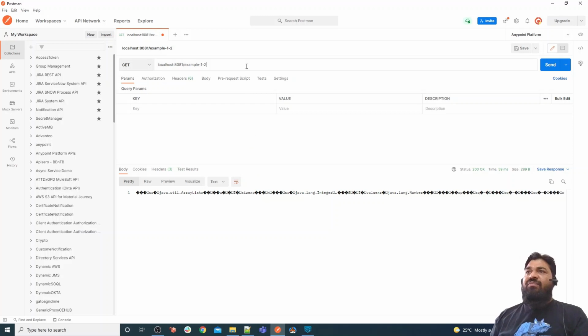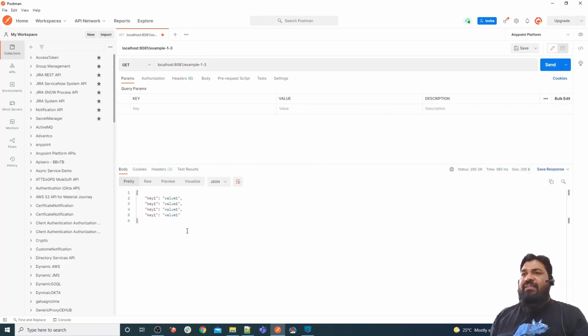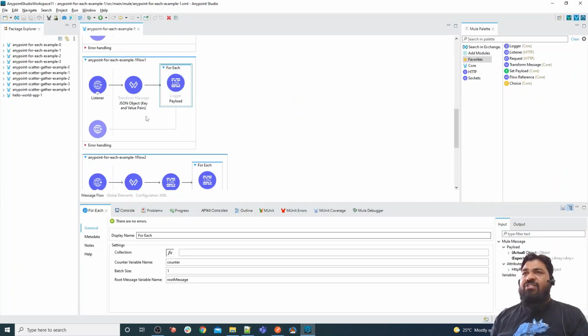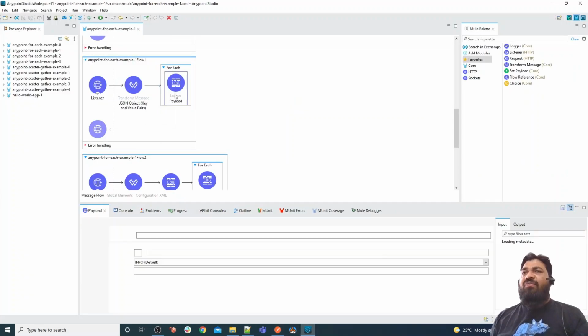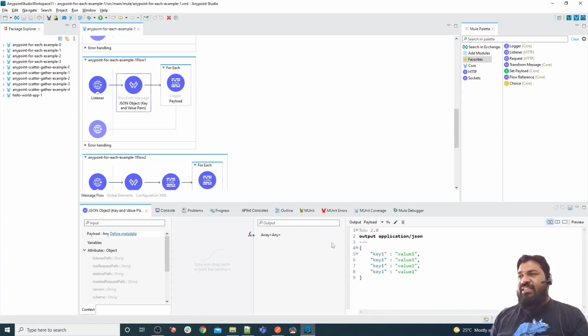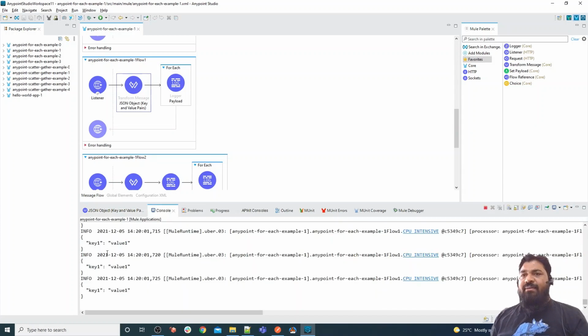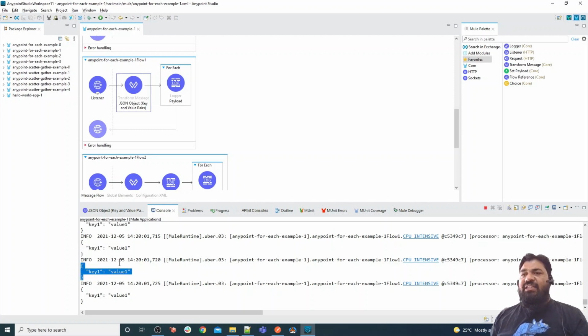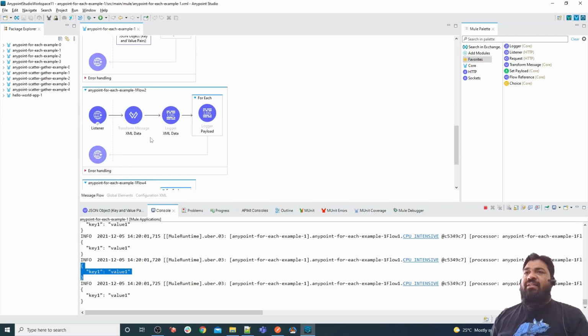For each we have used payload, and we have provided a JSON object. So in the logger we are able to see one by one, key 1 value 1, like this.